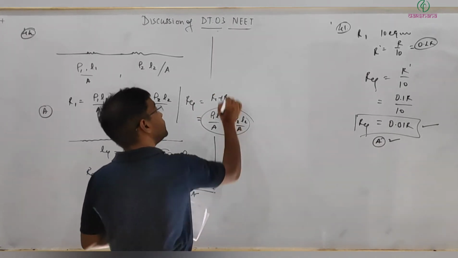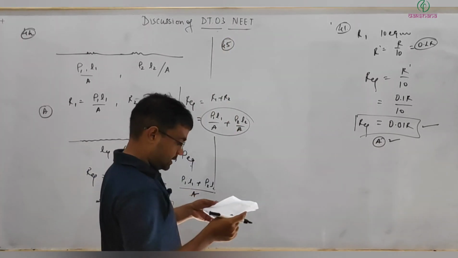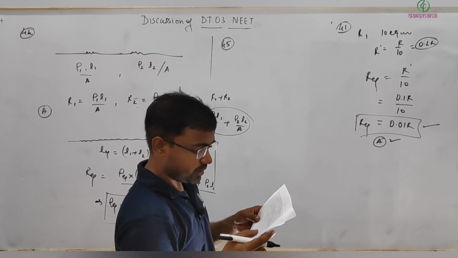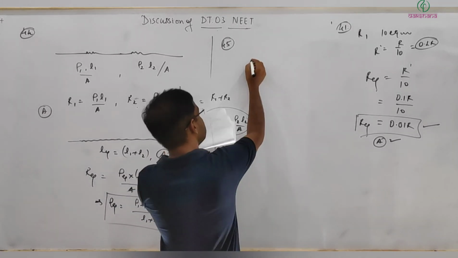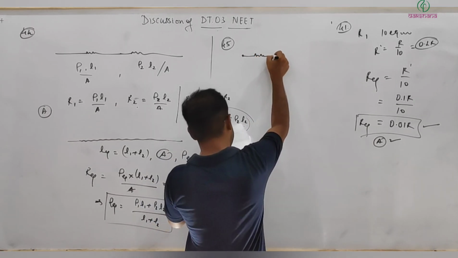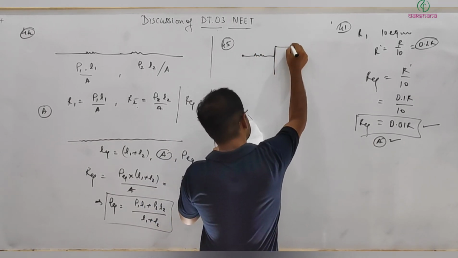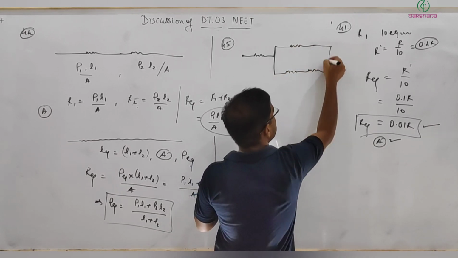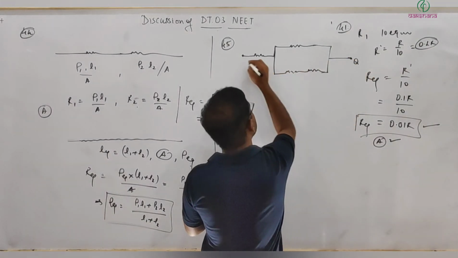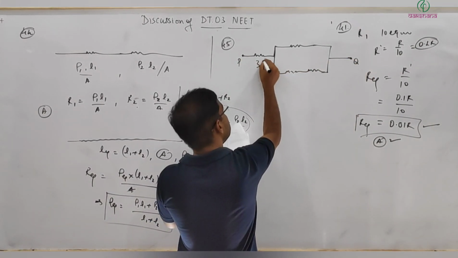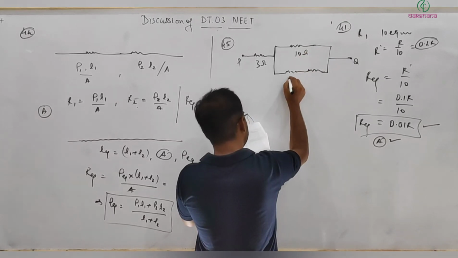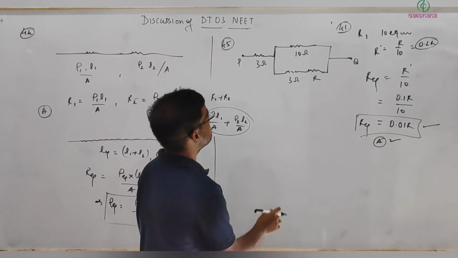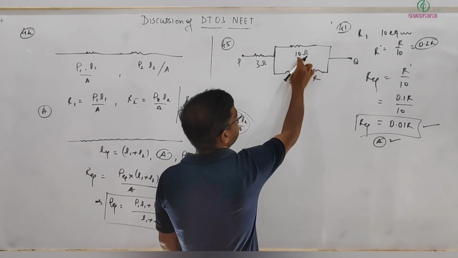Next, question number 45 and final. In the circuit shown here, what is the value of the unknown resistance R so that the total resistance of the circuit between P and Q is R? Okay, so here the circuit is shown, this is P, and this is Q. This is given 3 ohm, 10 ohm, 3 ohm, R, and R. The resistance between P and Q is also given as R, so it will be 3 plus R in parallel with